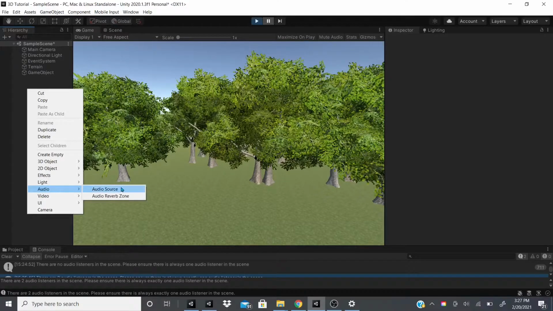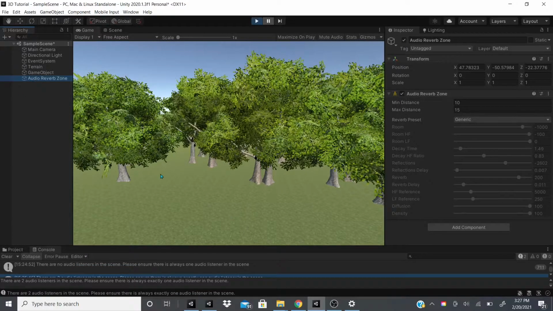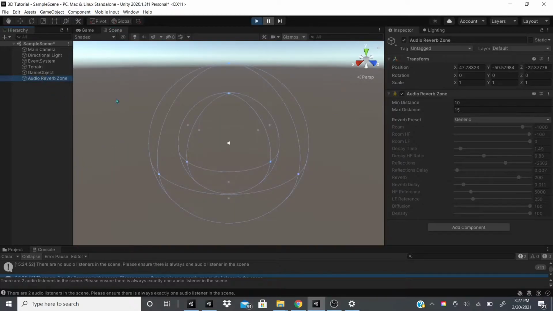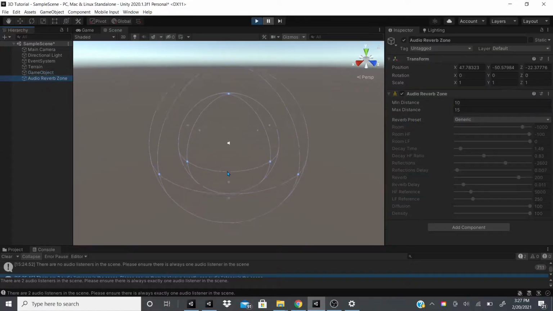For the audio reverb zone, right click here in the hierarchy and go to audio reverb zone. Now there's this audio reverb zone, and if I double click it to focus on it, maybe I am... oh, I'm not on the scene. So go to scene, double click to focus, and now it gives you the circle. It's exactly the same as this reverb filter. The only difference is this filter applies to every audio source, so you cannot have it apply only to certain ones, and this reverb zone only applies to whatever audio